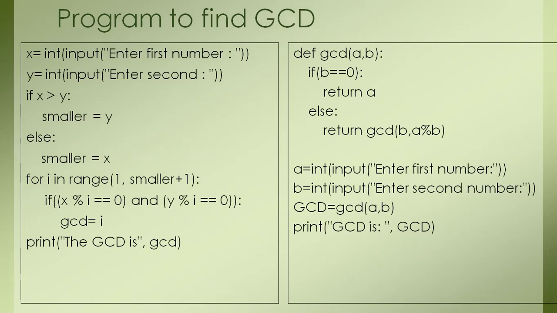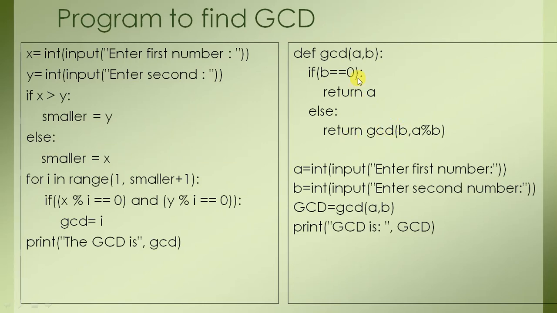So you have done it in class 11th. In the basic approach, using iteration, you input two numbers, you check for the smaller one, and then you try to get the GCD by taking the mod. Here in this recursive approach, you just give a call to that GCD function, which will return the actual GCD. And here you have two cases.